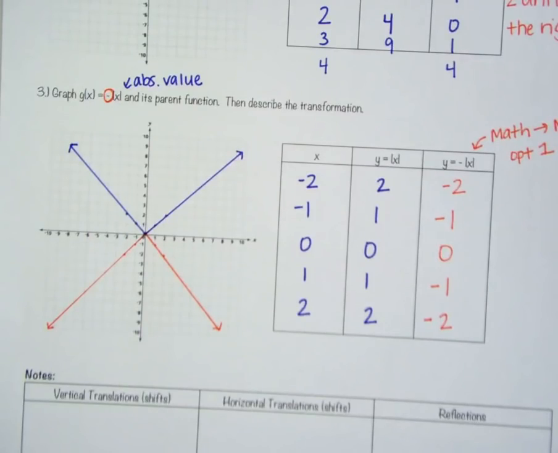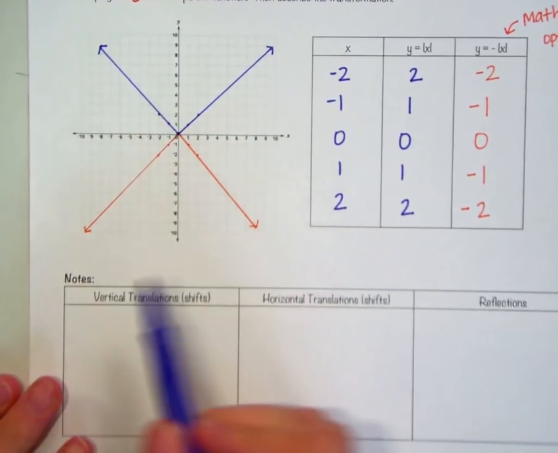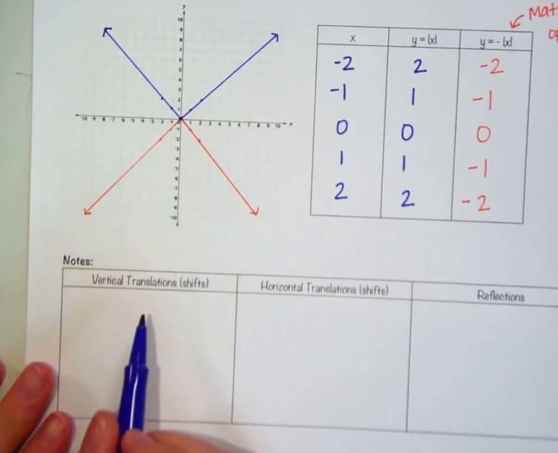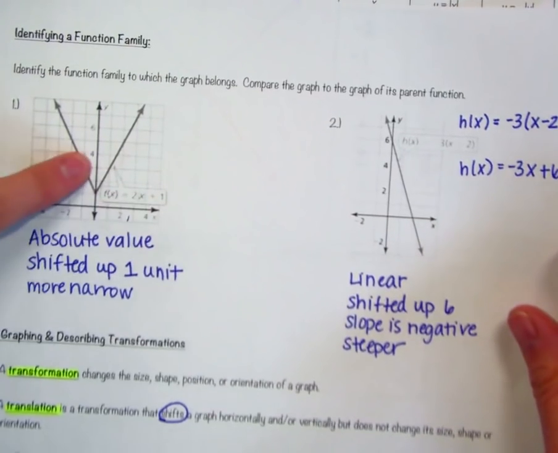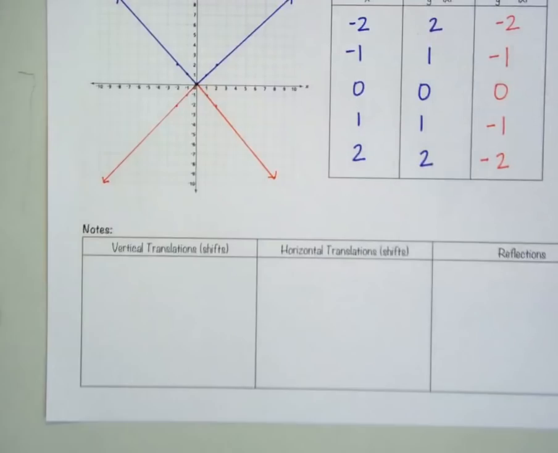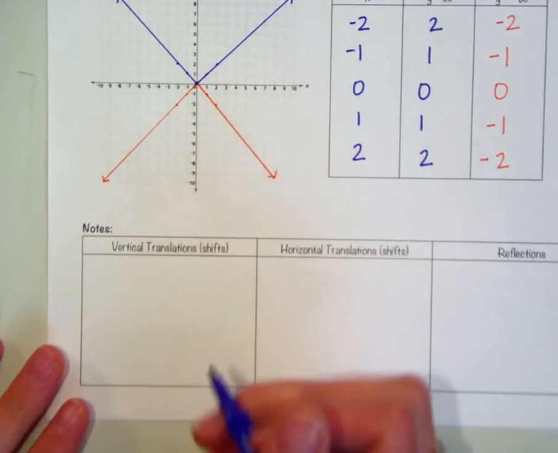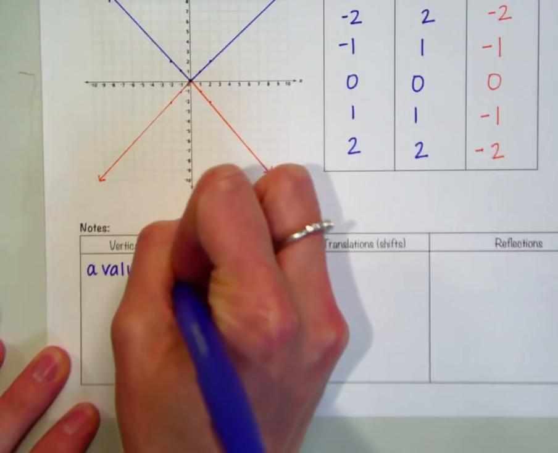So let's kind of sum up the transformations that we've looked at. So we looked at examples where we were going up or down. That's called a vertical translation. Okay. So when you see a transformation from your parent function, and it's a vertical translation, again, let's think about where everything was being added. +6 was up 6. +1 on the outside here was up 1. -4 on the outside here was down 4. So when you're looking at a vertical shift, a value, and we'll just call that value K,